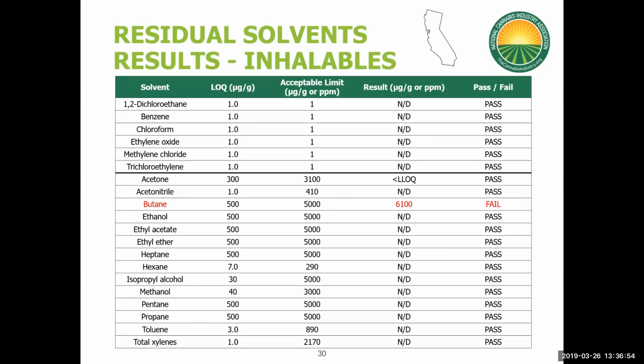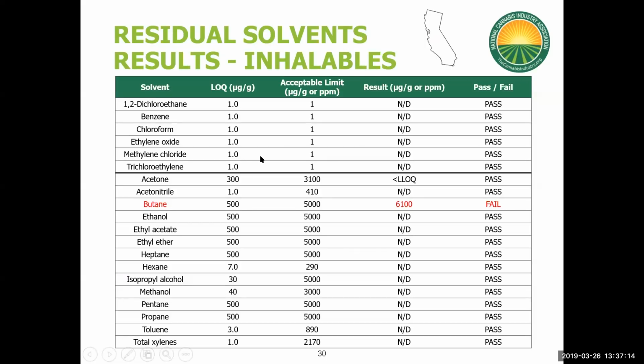Next, we're looking at residual solvents results. So again, you see a table like we saw before with potency, except we have acceptable limits here. So this is an example of the California list with their acceptable limits. And one thing I'd like to point out is I think it's very important for you, if you're getting testing done, to